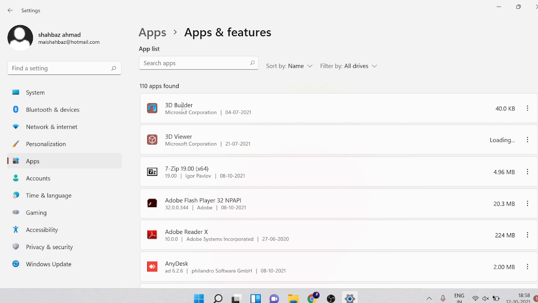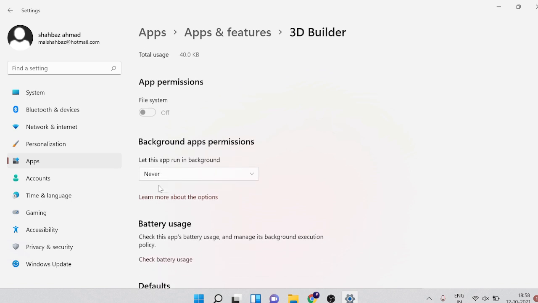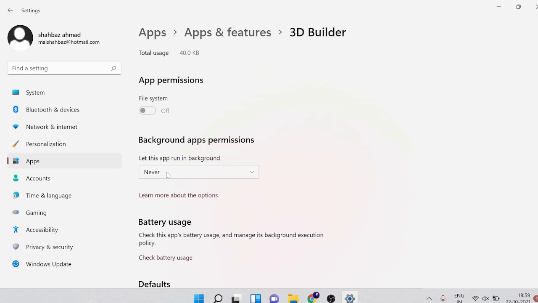So to disable them, what you have to do, like 3D Builder, 3D Viewer, I really don't use it. So what I have to do, I need to disable them so that they should not run in the background, occupying a lot of space. So click on this 3 dot on the very right hand side of it, and then choose advanced option. And now here, I have already set to never. In your case, it should be let this app run in background. It should be set to always or power optimized. So what you have to do, you just need to select to never.